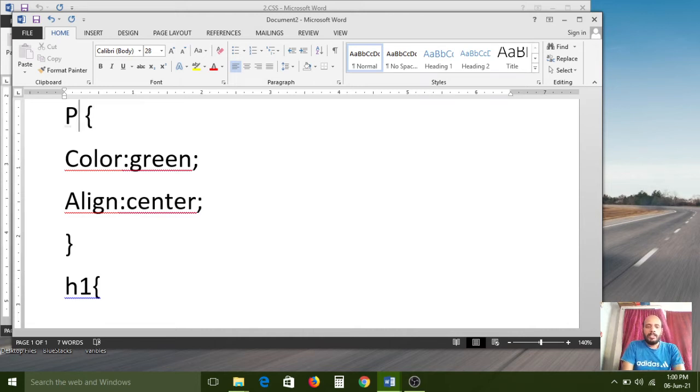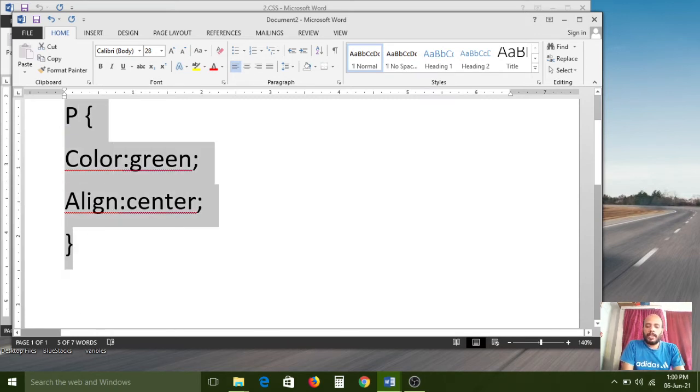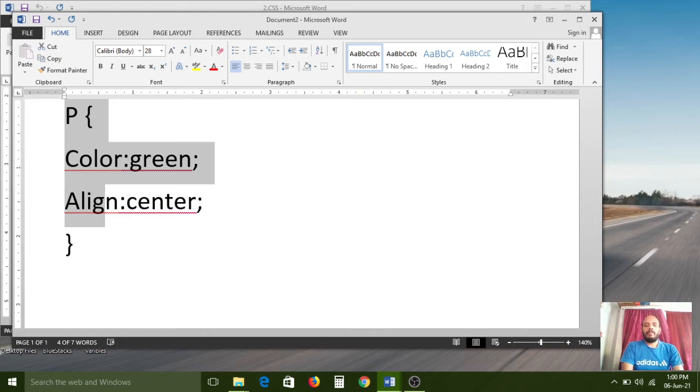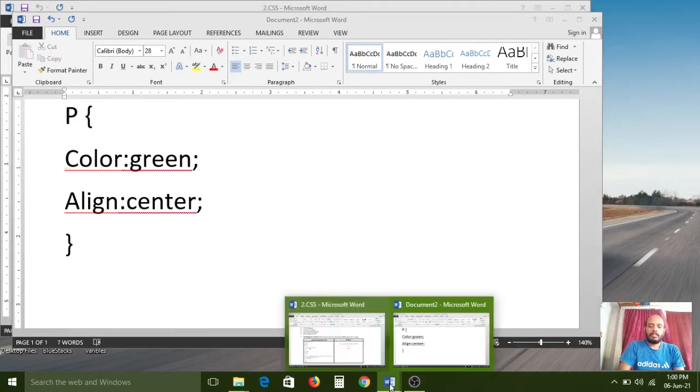If you use any HTML tag in the selector place, those are called element selectors. That is called the p type element. So if you use the tag in place of the selector, this type of process is called element type selectors.